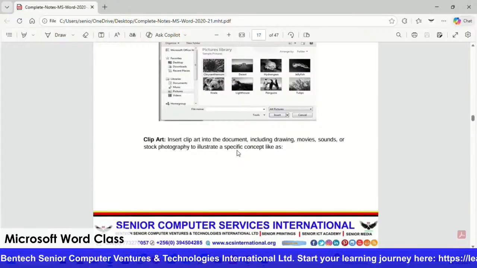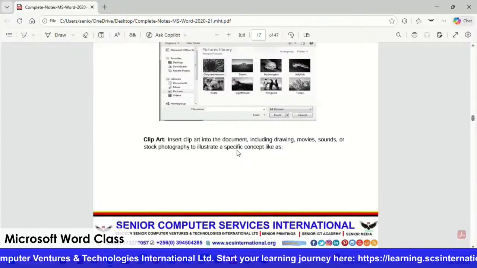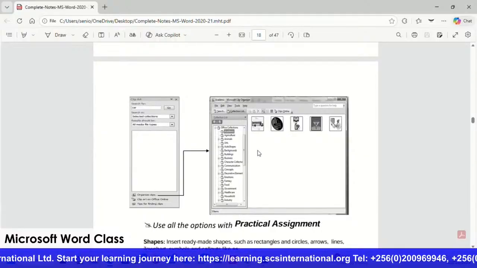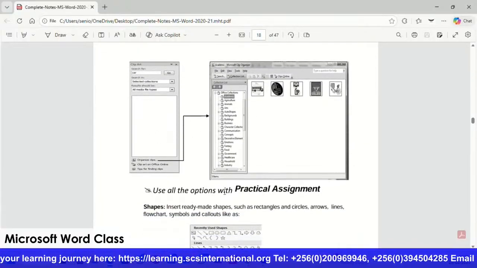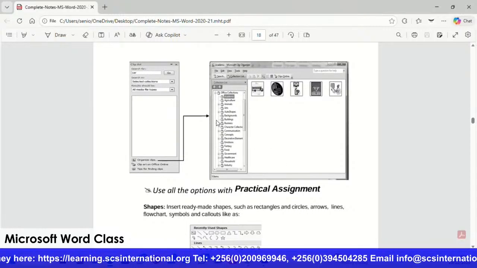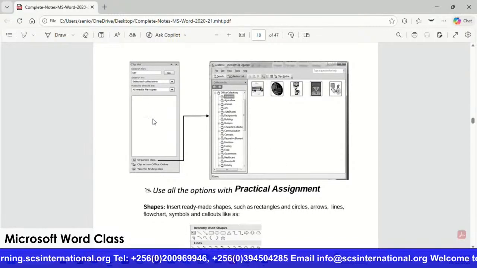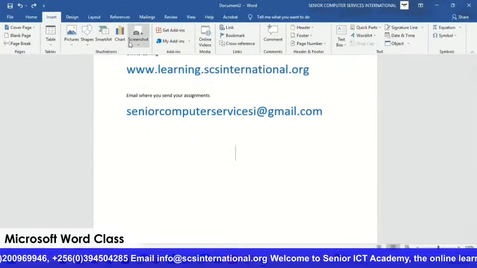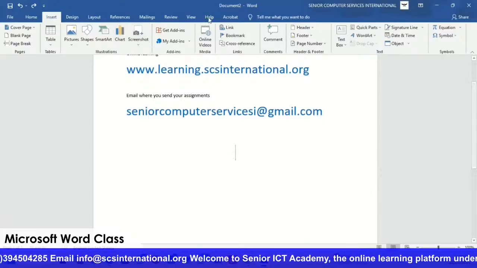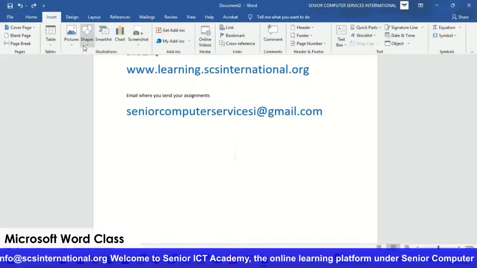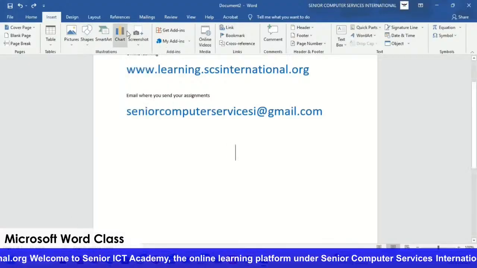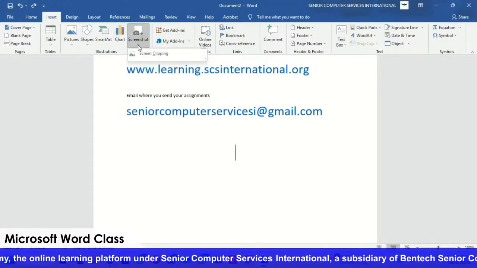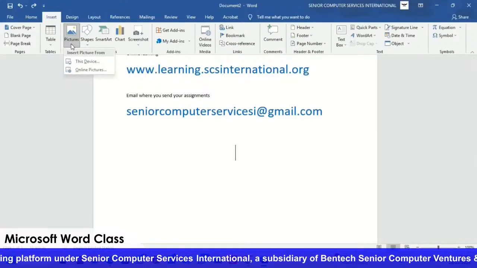So we use clip art to illustrate a certain specific component. Here we don't have clip arts, but in advanced applications like Office Word, it is there. But here we can use a screenshot as a clip art, can use a picture as a clip art,